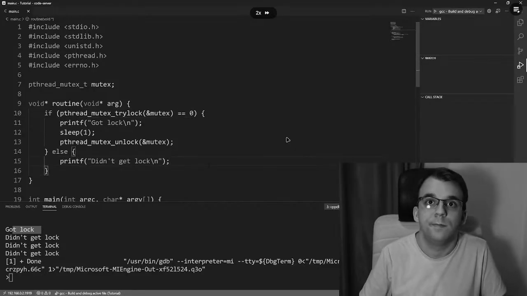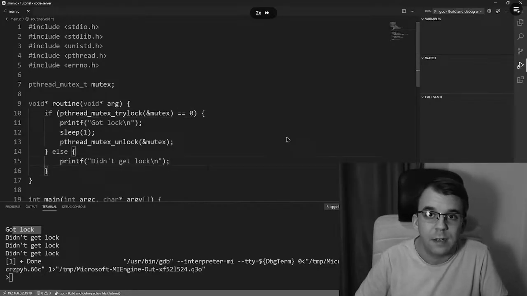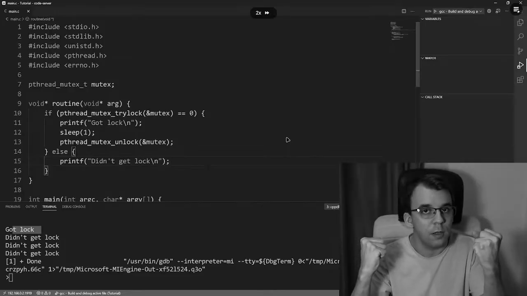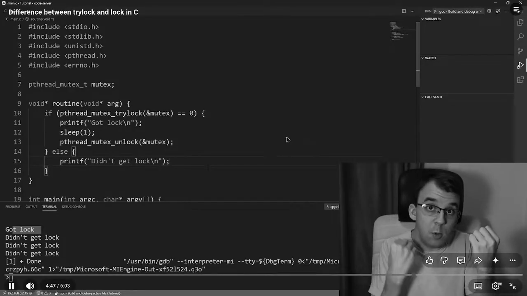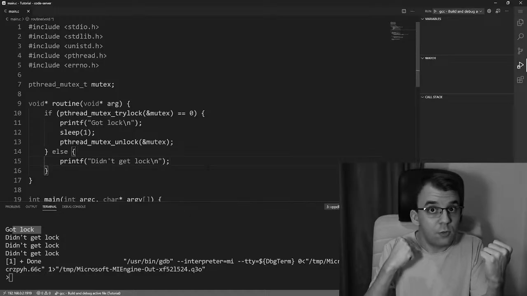So it just continued with the lock. And that's the difference between try lock and lock. Basically, one of them is instant and the other one is going to be waiting. Okay? So lock is going to be always waiting until the mutex is unlocked, but try lock is just going